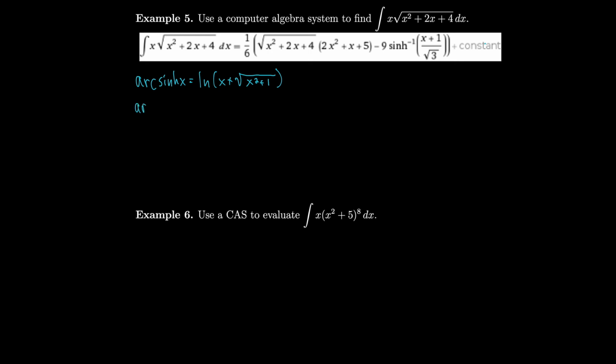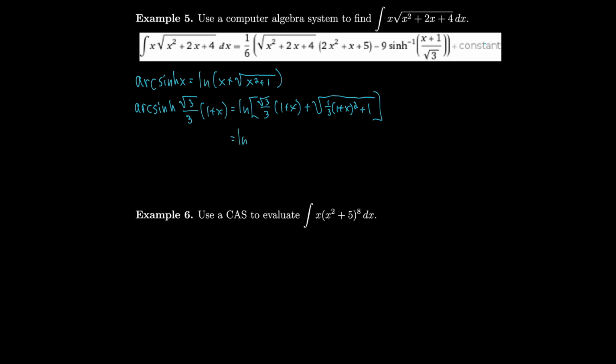So that means that arcsinh of, not x now, I want to plug in for x, of the square root of 3 over 3 times 1 plus x is equal to the natural log of the square root of 3 over 3 times 1 plus x plus the square root of 1/3 times 1 plus x squared plus 1,